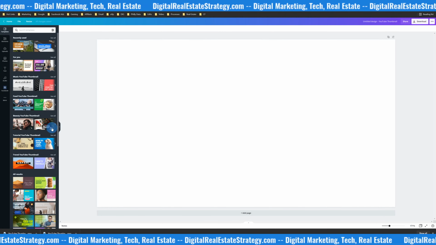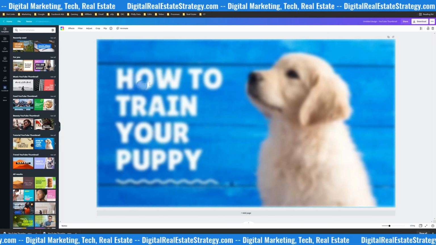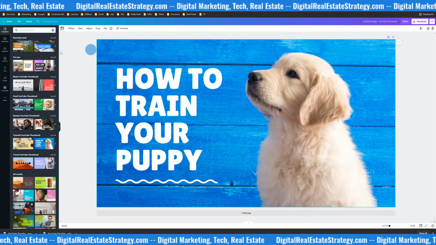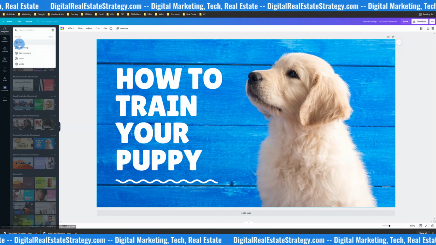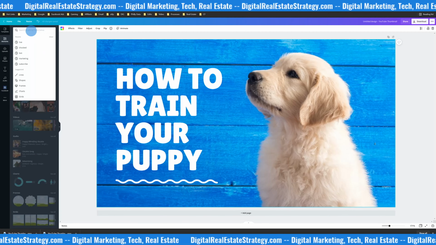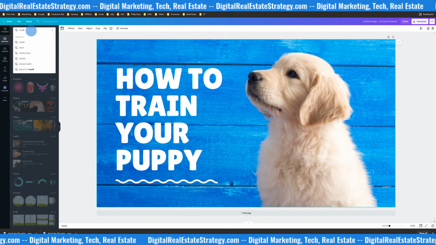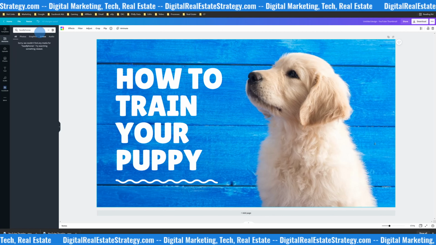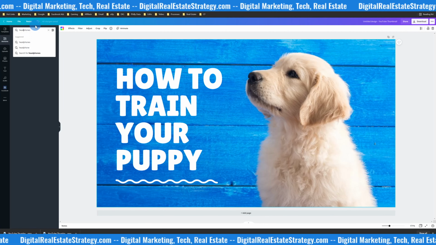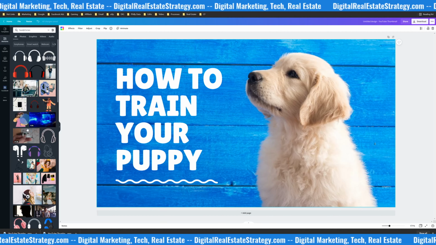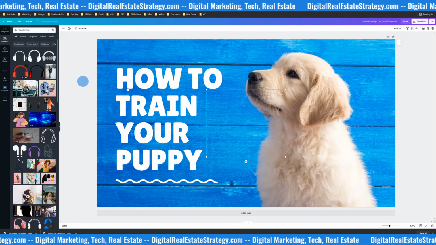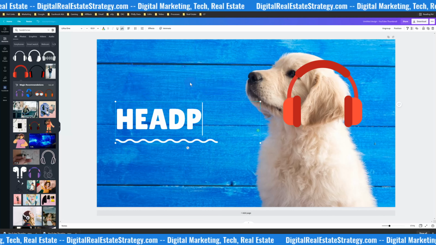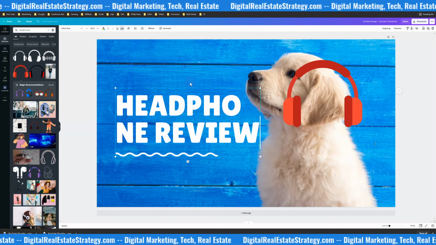So this is one thing I appreciate, these options. I typically like this one because it's blue, but if I wanted to just take this and use it as I want to, guess what? I have the licensing and the rights to use it. Something else that's cool about Canva, they give you these elements, and this is where you really get into creation. So if I do headphones, oops, I misspelled it. Headphones. It'll add these things in there. I can add this stuff in there. So I can change this, headphone review.